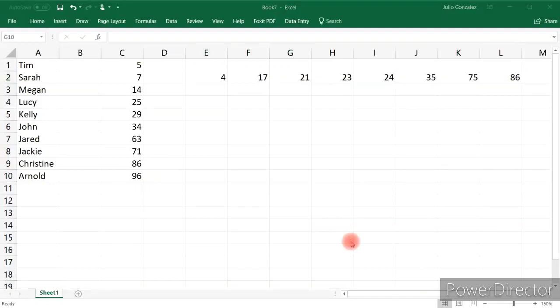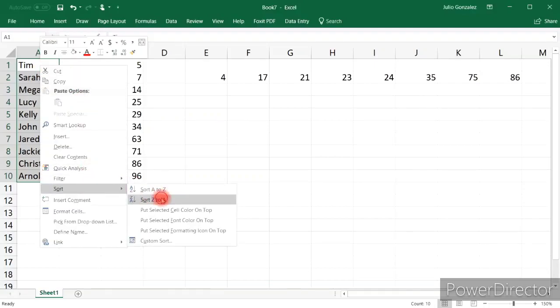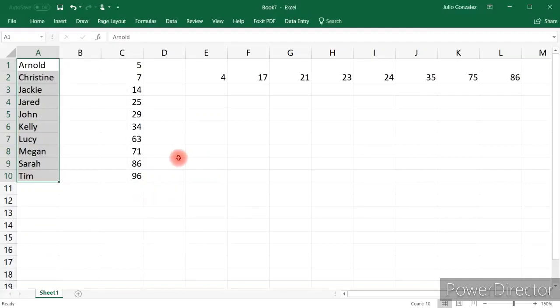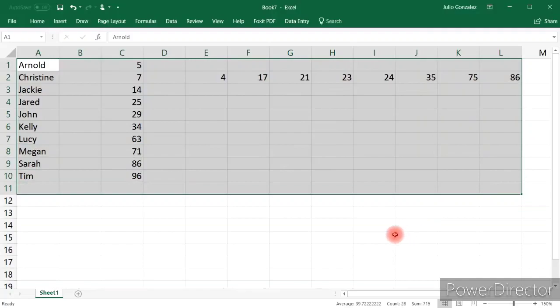In the same way, we can also sort the data in descending order. Click on the Data tab. Select the Sort option from the Sort and Filter group. You will get a dialog box. On the left side you change it to row, left to right, highest to smallest value. Then automatically the values will be changed to descending order.